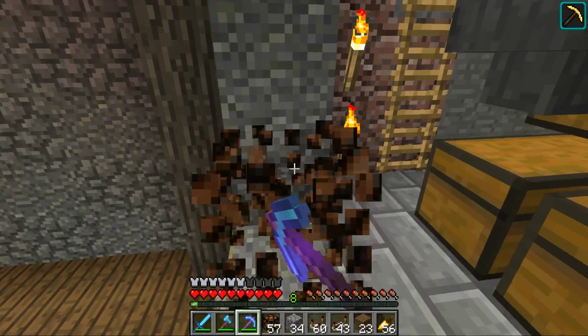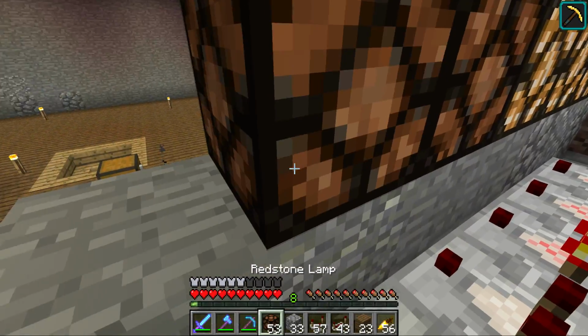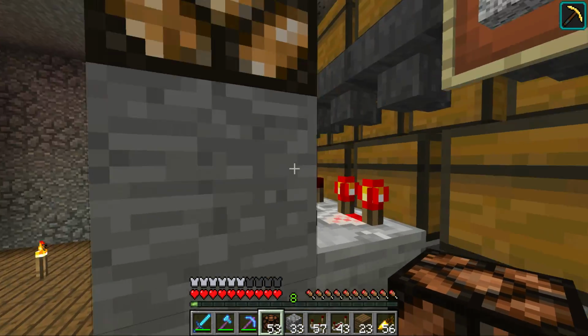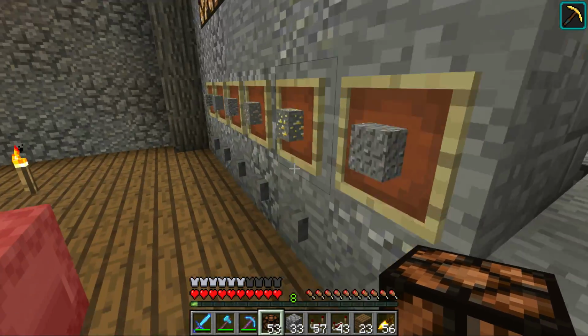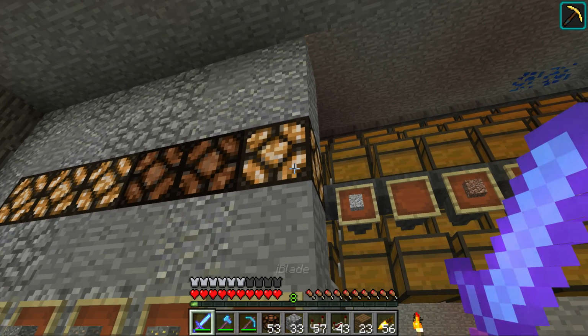There we go. Okay. Yeah, so like this. And then we place the lamps on top of this. There we go. They are now indirectly powered by the comparator. So the comparator powers this block, which powers this. And there are no lamps there. So that's fantastic. Okay, so what this tells us, if there is stuff in this, that means that we have